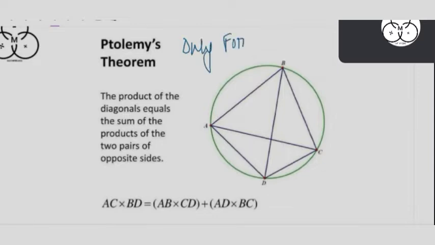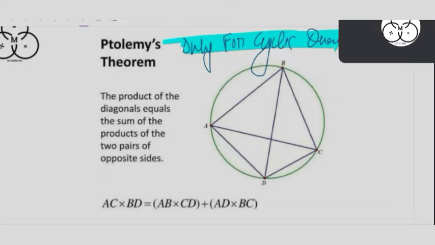only for cyclic quadrilateral, is Ptolemy's theorem. Sometimes if we try to apply this in any quadrilateral other than a cyclic quadrilateral, we will not get a valid answer. There is an inequality, I guess, but we are not interested in that. According to this theorem, the product of the diagonals equals the sum of the products of the two pairs of opposite sides,